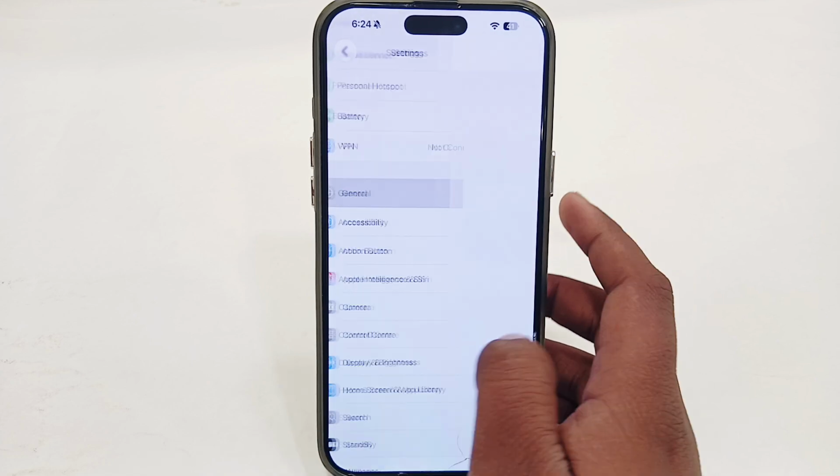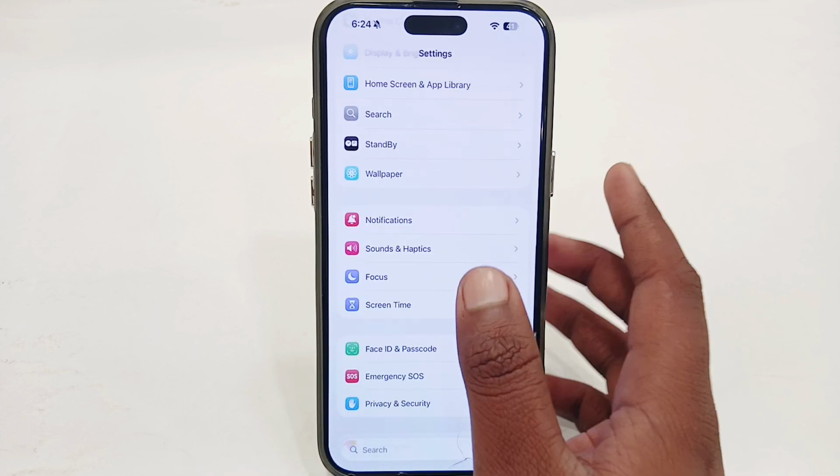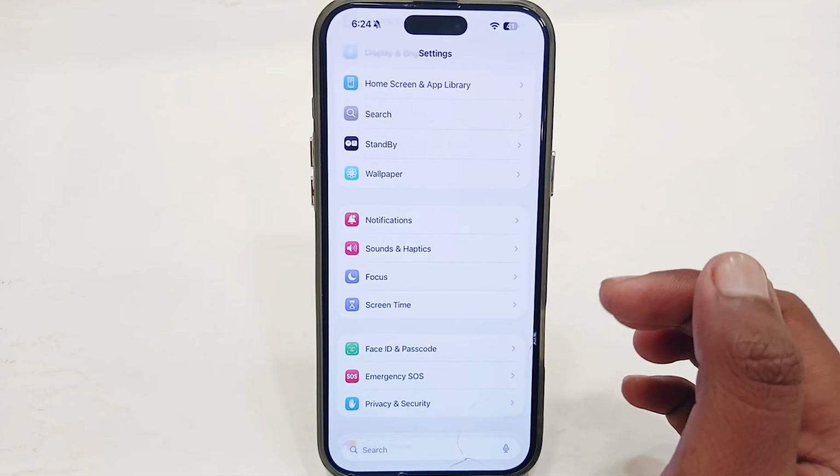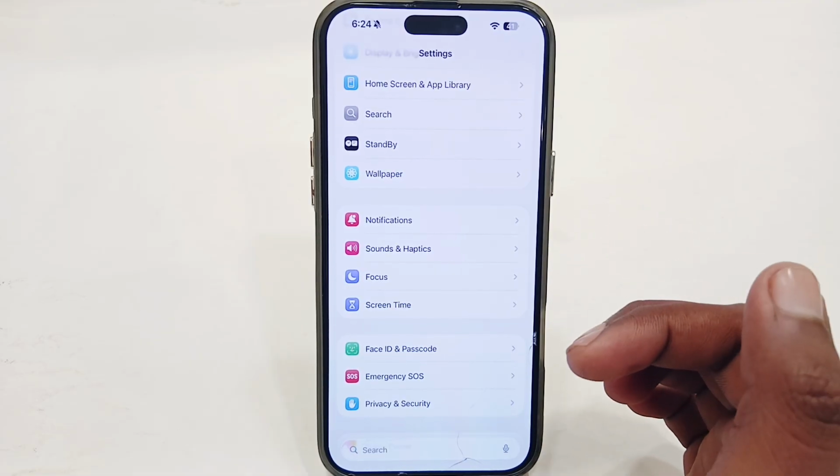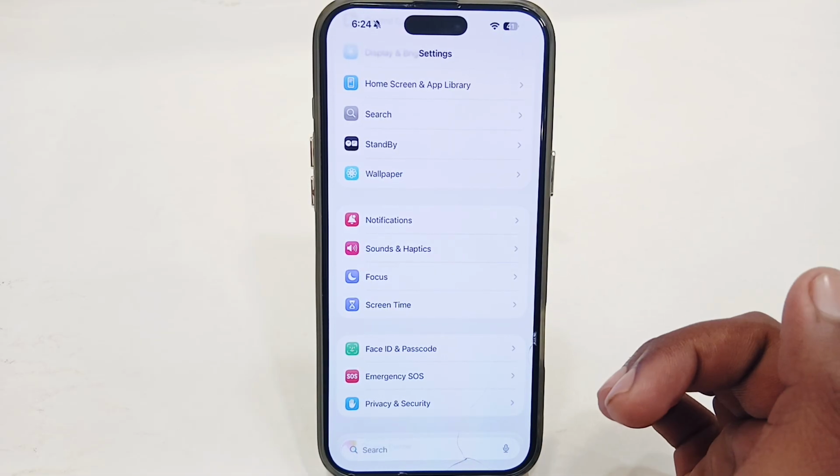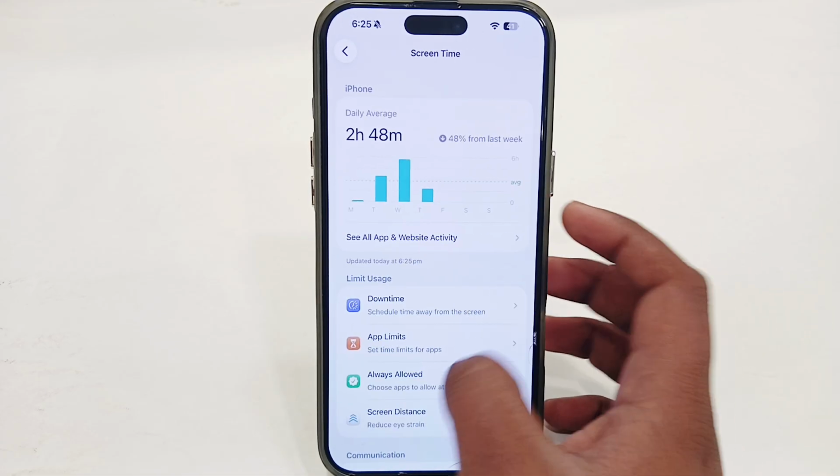Go to software update and just try to update to the latest software version. Sometimes it might be that some apps need the latest highest version. So you have to try to update your software, then go to screen time section, and here you have to